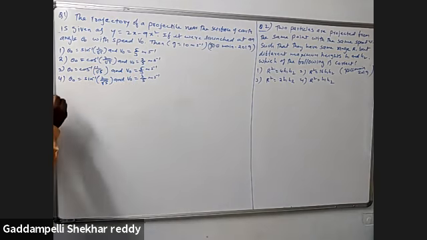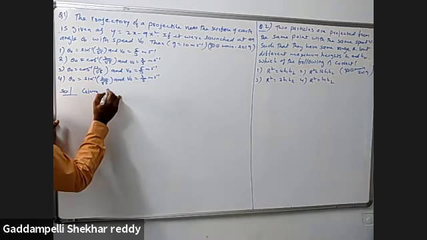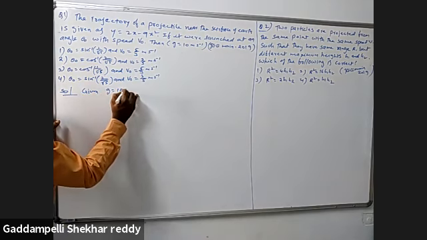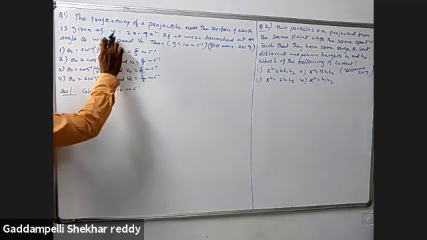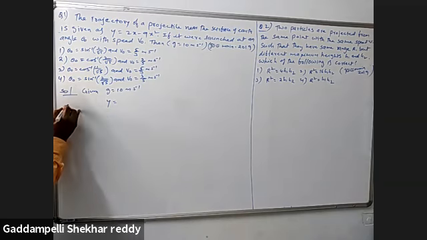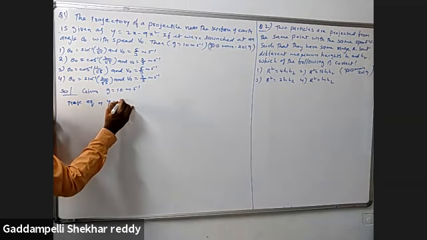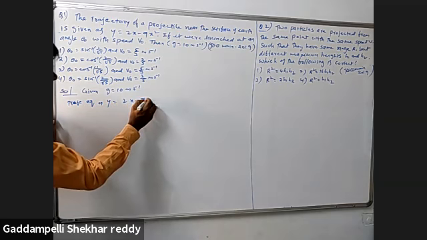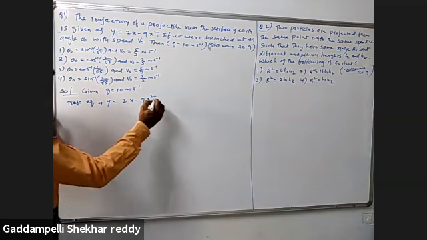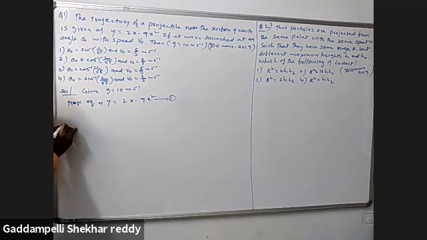So here, first of all, we will write the given. What is the given? The g value is given: g is equal to 10 meter per second squared. Next, the given trajectory equation is y is equal to x minus 9x squared. Let this be equation 1. Now we compare this equation with the standard equation, which we know.